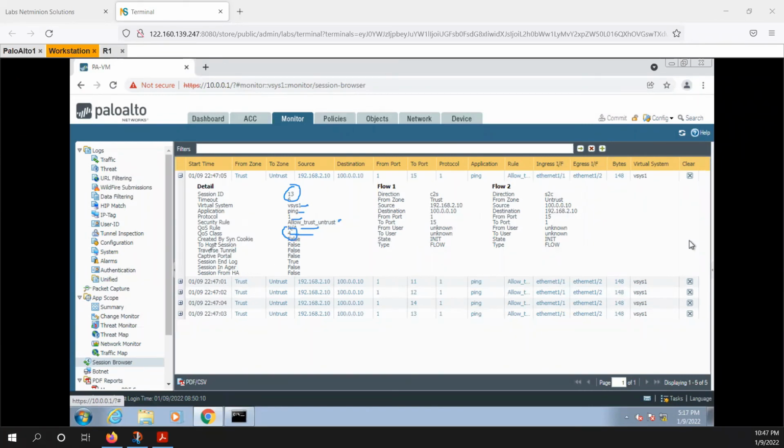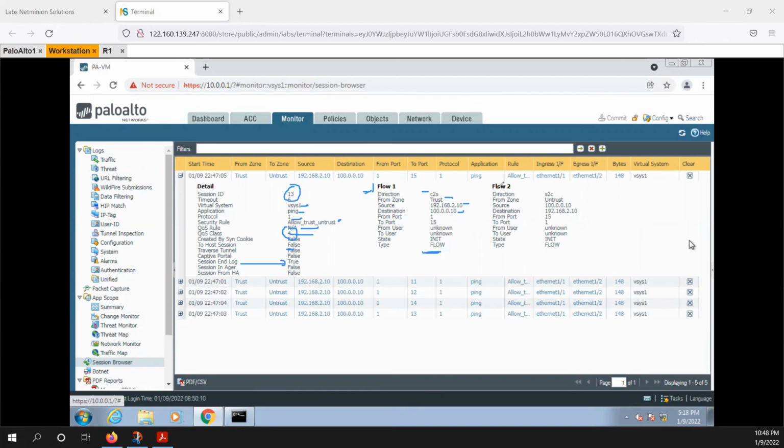Else you can see this one is the host of the session. No, false. Session end logs: we have enabled that a log should be generated when the session ends. And then you can see the flow basically. So you would see the source to destination. Source is this, destination is this, zone is this. Okay. And traffic is what? Traffic is flow kind of traffic.